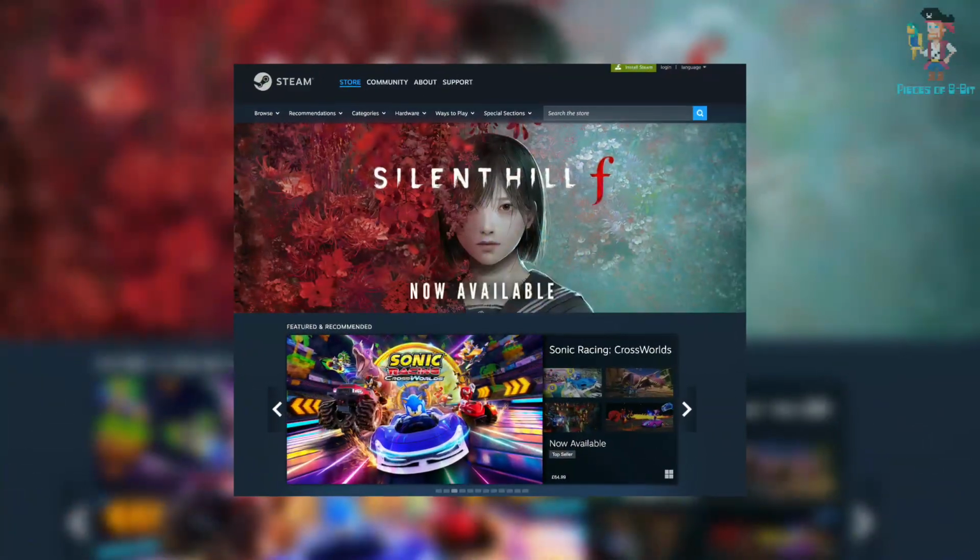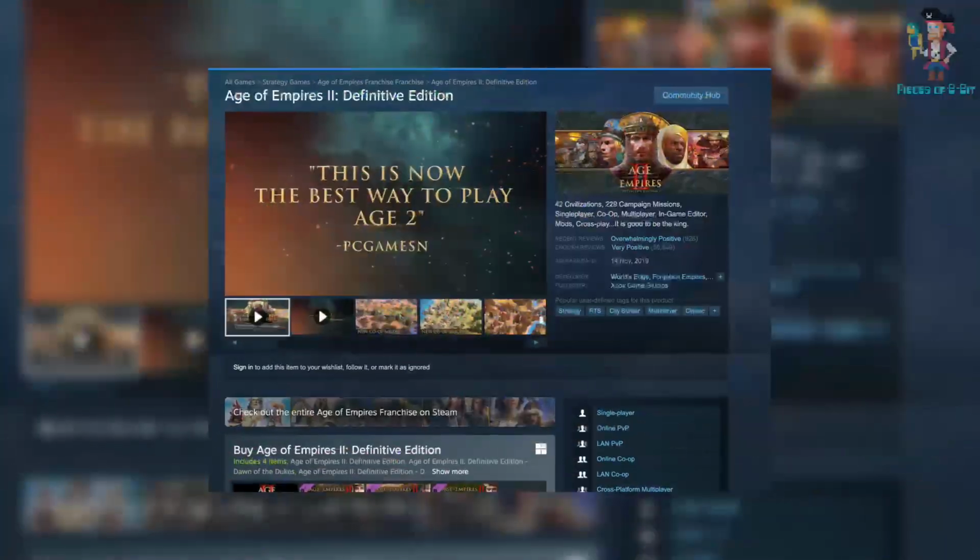The only other way really to get yourself into Windows 95 gaming is to look for modern ports of the game. So sometimes you will find games that have been remade, and you'll find them on Steam. There are quite a lot, actually. The advantage is a lot of them are just being remastered and recompiled. Some of them have just been recompiled for newer versions of Windows. So things like Age of Empires, for instance, there have been releases of the Age of Empires games more recently.